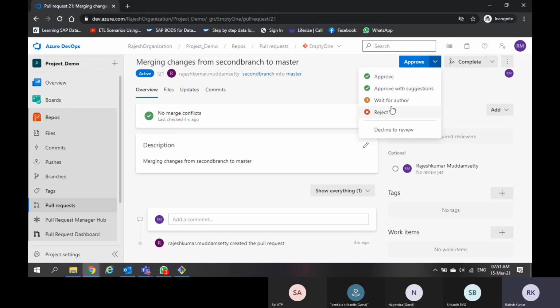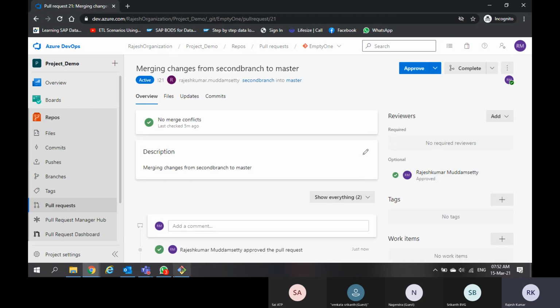But when you are busy and you are not part of this project, you can directly decline the review. Why are you asking me for approval? I'm not part of this project and I don't know what's happening here, so I don't want to review. But the other options are after reviewing. Once your review is completed, you can approve, or if you want to talk to the code developer, wait for author, or if I reviewed but the changes look bad, I am rejecting. But declining is when you don't even want to review this because you are not part of this project. But here I know these changes are good, so I am approving.